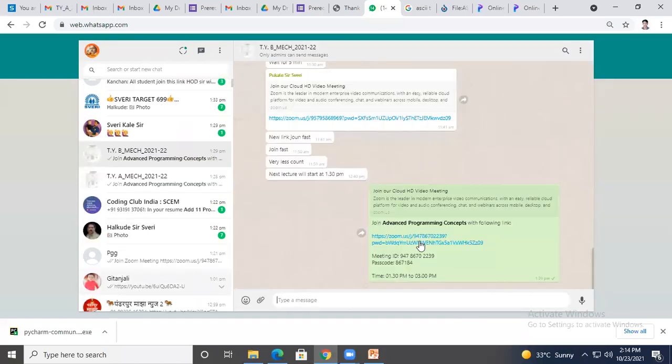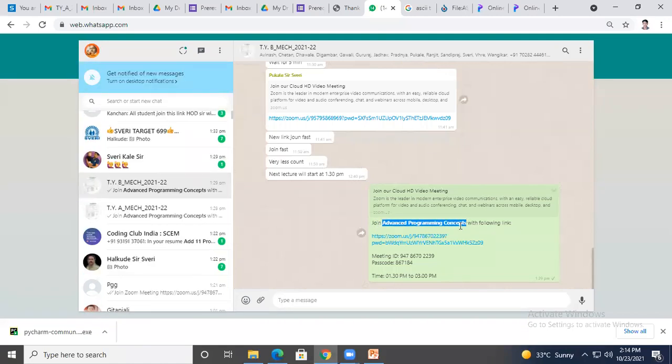Okay, here it is. See, join, and I have made it a highlight. To highlight, you give one star, and after this you give one star. Correct? Have you observed this when you type a message in a WhatsApp chat? If you wish to highlight something, you make it bold.